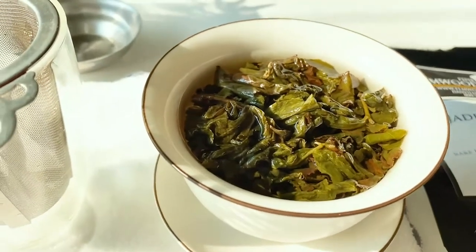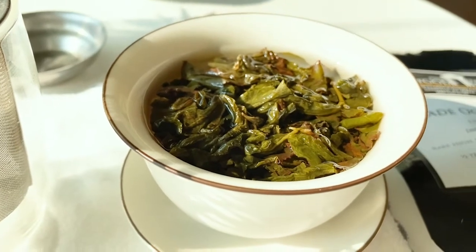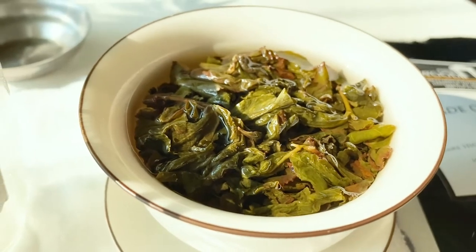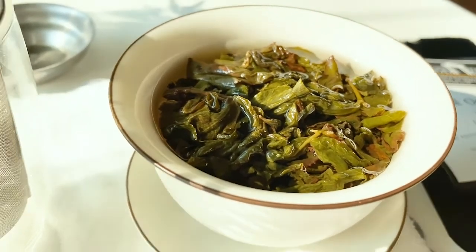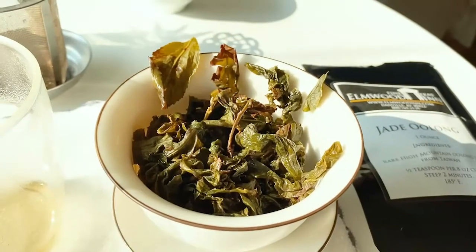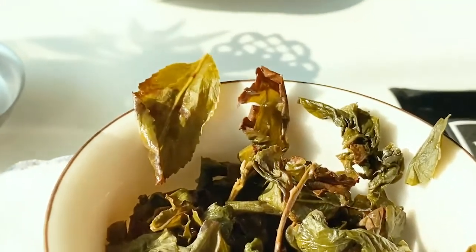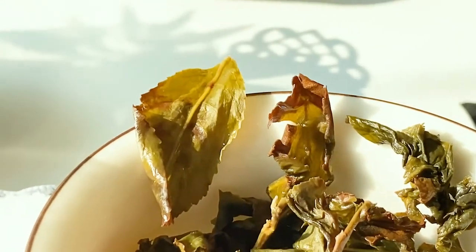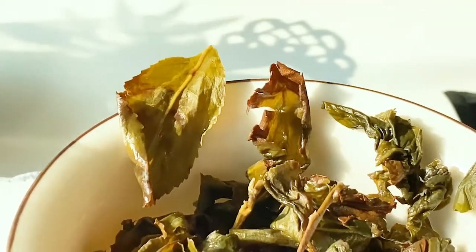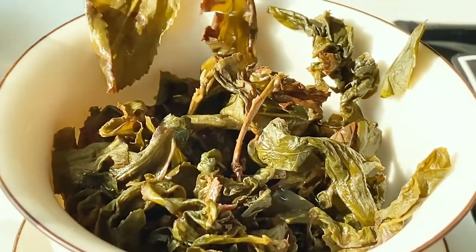I'm doing my tasting with my hubby, and you can see how beautiful this tea looks as it's brewing in the water, and it's about the 6th infusion, so it's really unfurled. Here's the leaves as they're fully unfurled, and you can see nice full leaf I pulled out of there. This looks like a high quality tea to me,